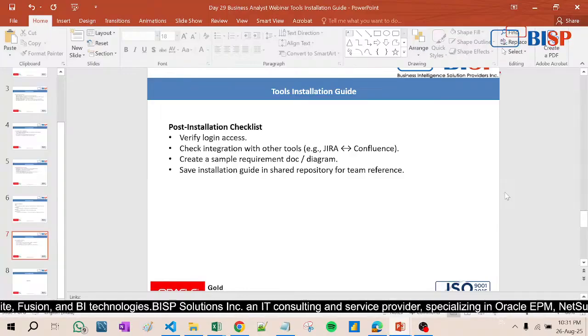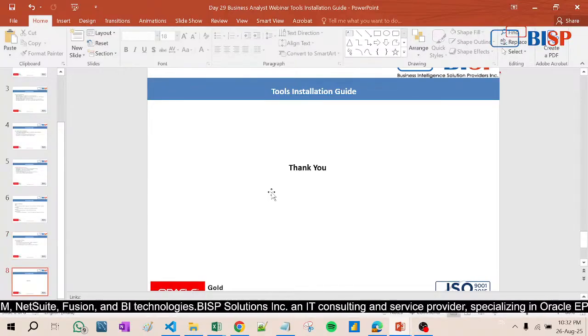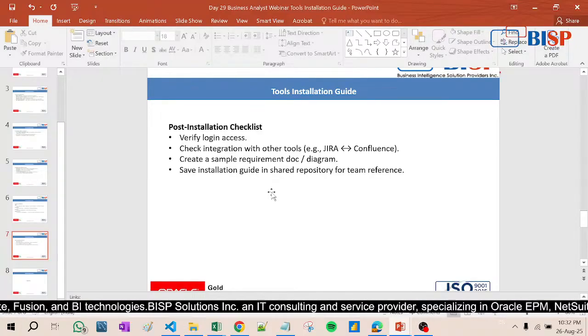Since the beginning I have been telling you that there can be n number of documents in a project. It is not fixed, like 2 documents or 5 documents or 15 documents. Here it is written to save the installation guide in a shared repository. Many times there are supporting applications that you need to download and install, so you have to give the complete guide for that also. So this is the task of the business analyst